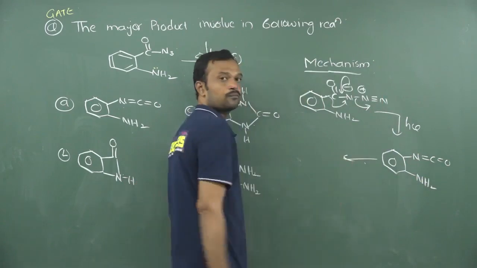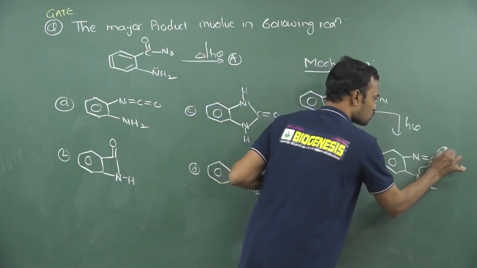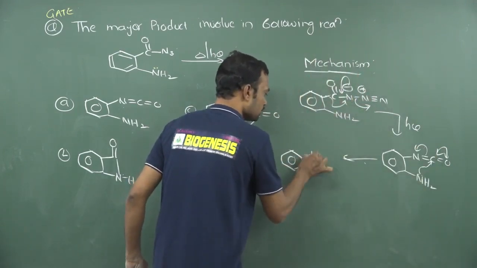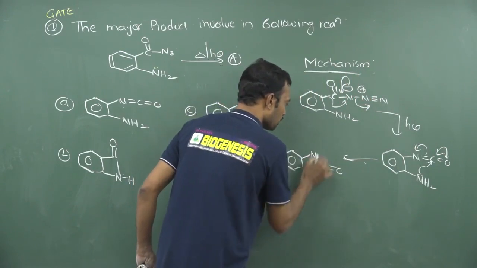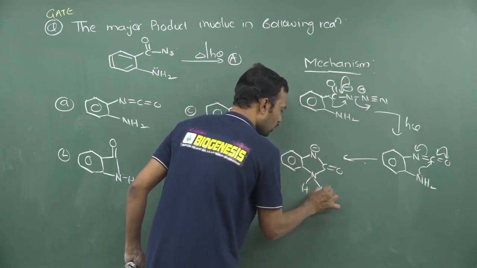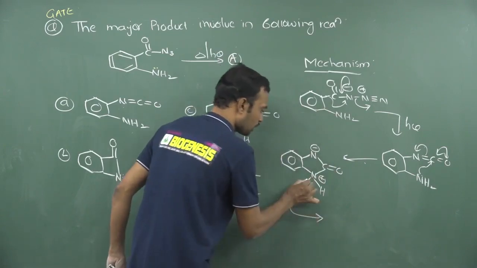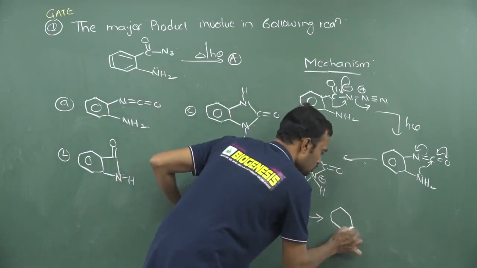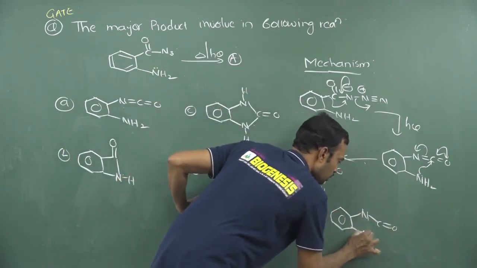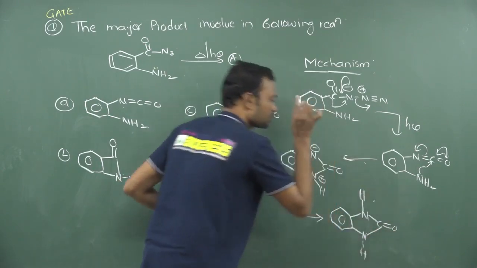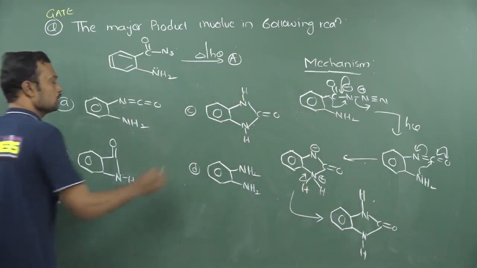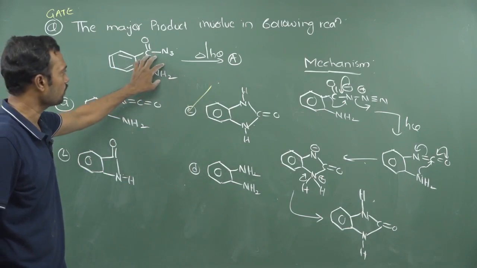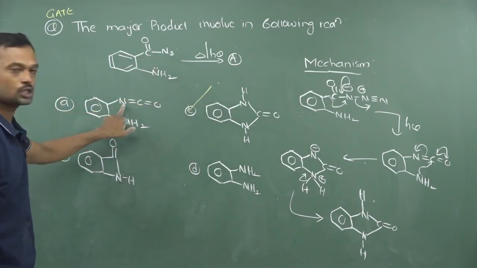Now see, this nitrogen carries a lone pair of electrons which will attack on carbon, followed by transfer of electrons to nitrogen. See, finally you may expect this kind of interaction here. C double bond O, it will carry negative charge, and this nitrogen carries 2 hydrogens bearing positive charge. So transfer this electron to nitrogen, hydrogen transfers from this nitrogen to this anion. After transferring, here you may expect C double bond O, and this is H and this is H. Okay, so your answer is C. Suppose if amine group is not given, remember, your answer is simply this one, isocyanate.